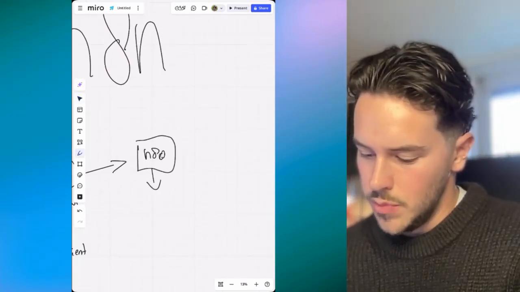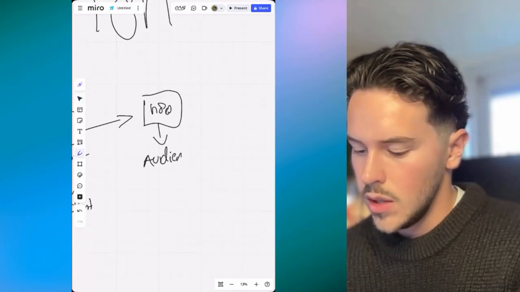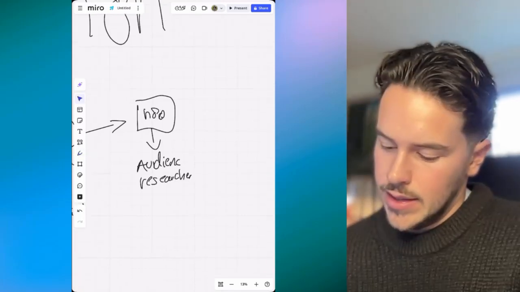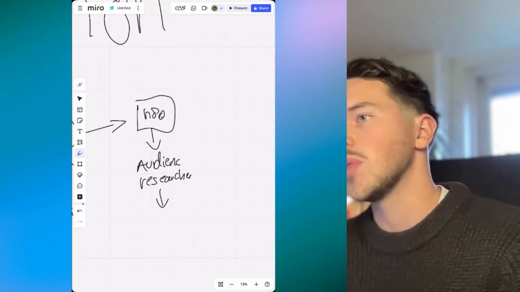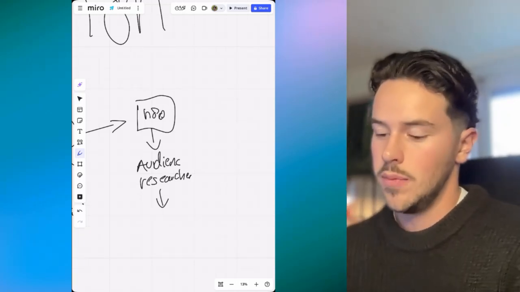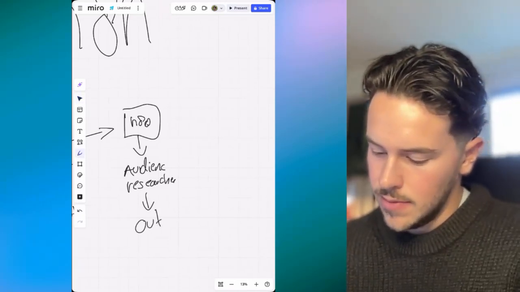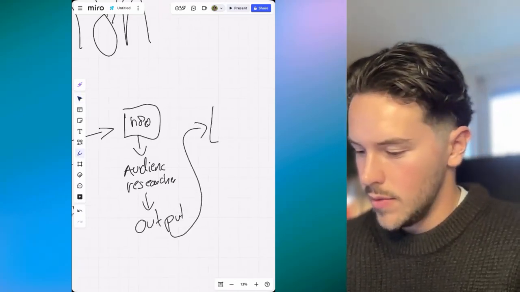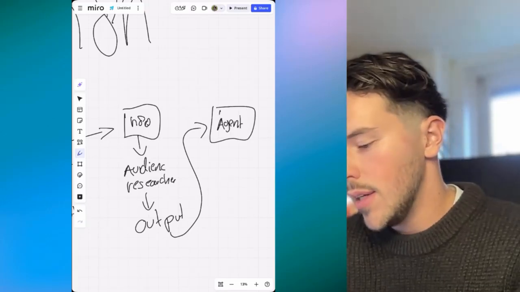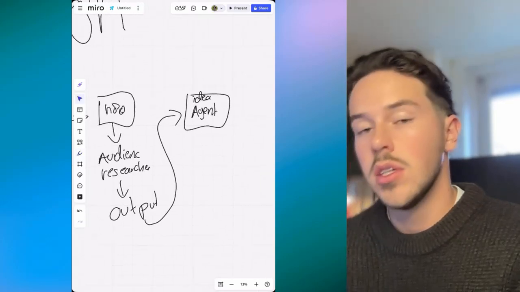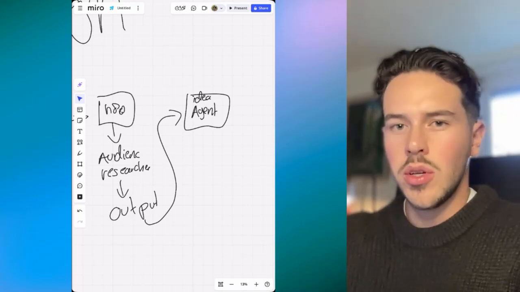And one of these agents could be, like this one, an audience researcher. It gets the prompt, the context, and the knowledge that it needs to do a full, specific audience research like this one. And automatically it gives the output to another agent. And this could be, for example, an idea agent, specialized in generating and researching current ideas.